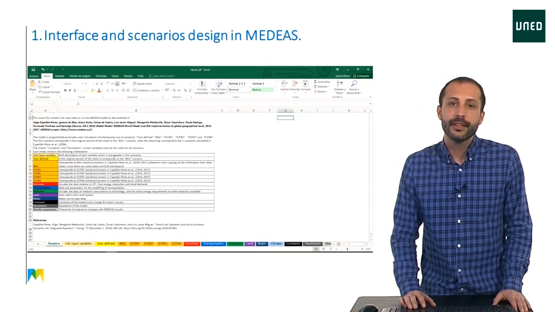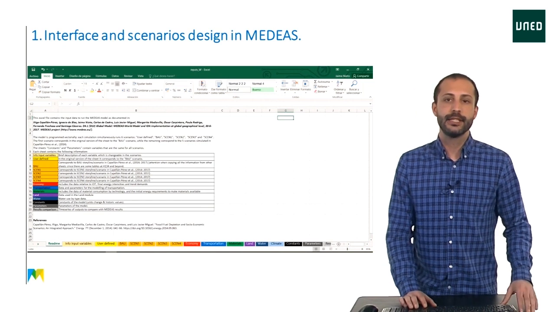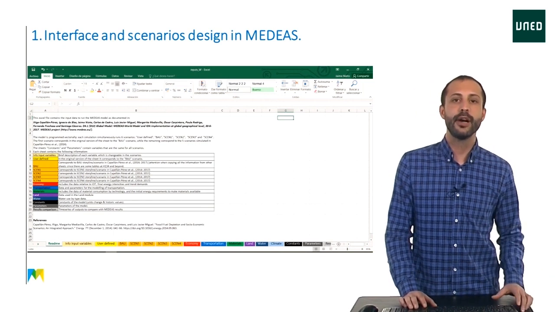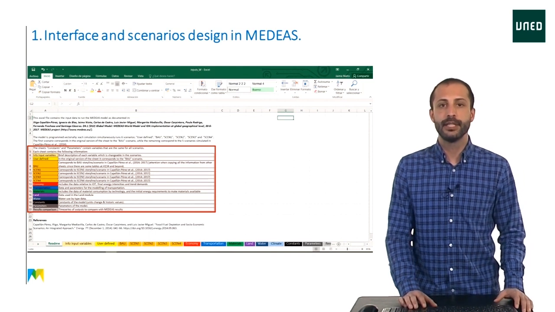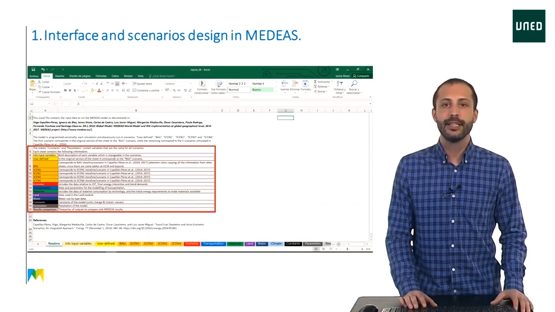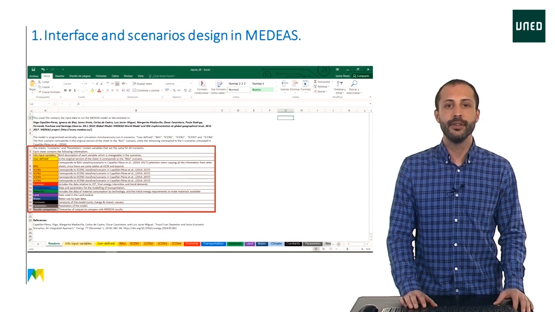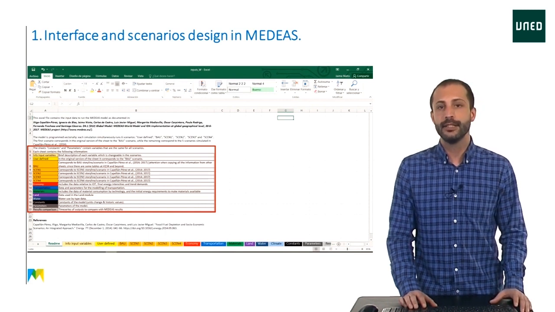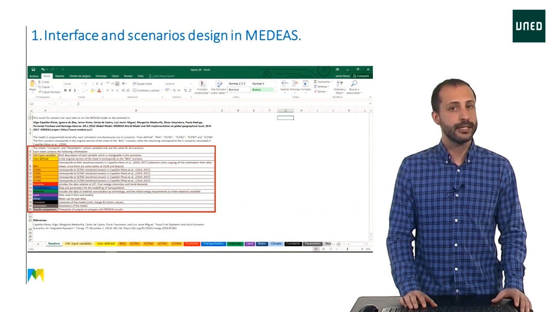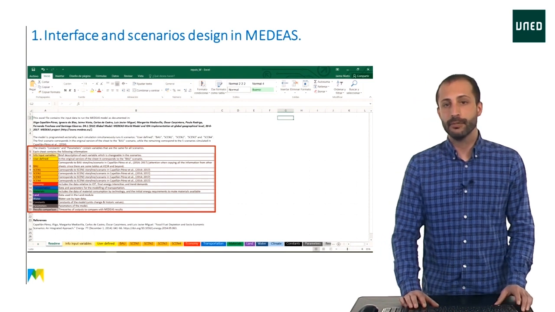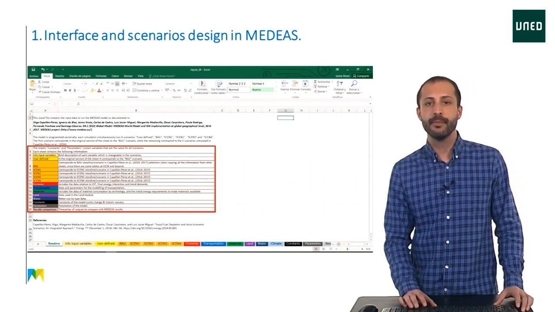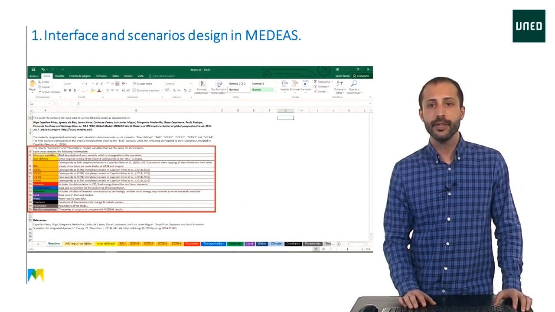To begin with, we should get familiar with the interface. Here you can see the initial README tab, where all the other tabs are briefly described. It's important to note that they are only our self-defined scenarios, which do not necessarily match other scenarios defined in the literature, like the above-mentioned SSPs. Some of them are for scenarios, but you can also check the different parameters and constants that we have used